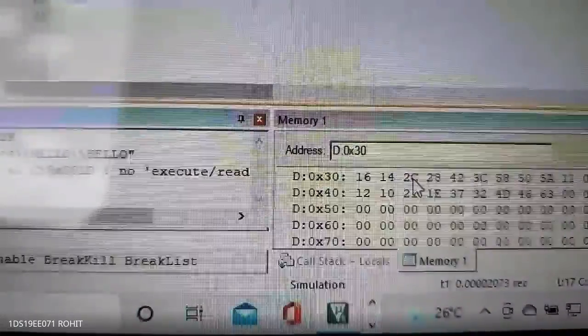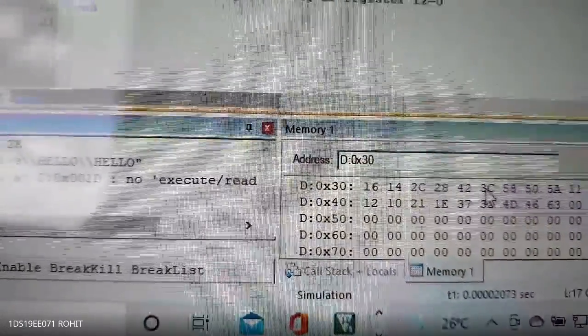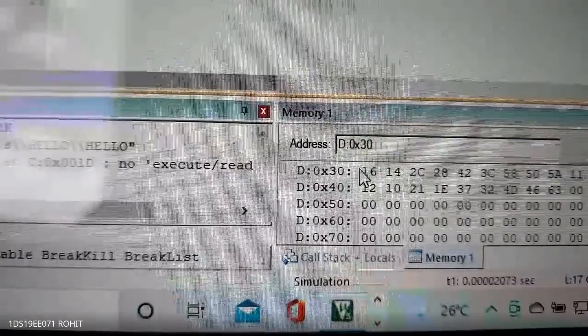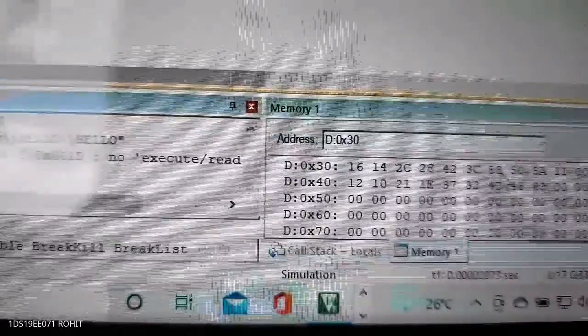Running. So 16 has come here, 2C has come here, and same. 16 was here, sir, so it came here. 2C was in place of 1E. Yes, other numbers I didn't notice. Yes, other numbers have also changed. Correct. 16 to 10. 2C and 1 is changed. Correct. Done. That's it. If you got the idea, it's good.